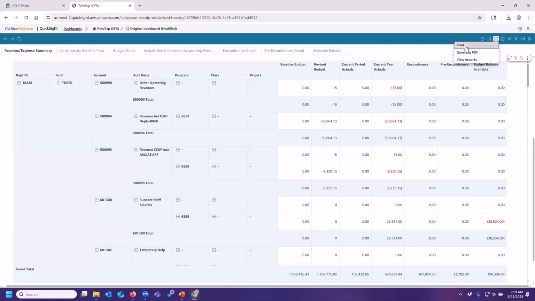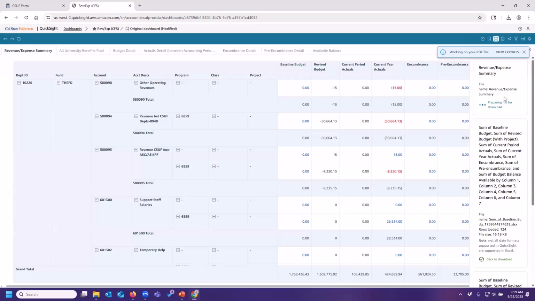So also under exports, you have the options to print and to generate a PDF. I'm going to show you the generate PDF one because that'll take a moment, and we'll click on view export so we can watch it go. For both print and generate PDF, I find they don't work well for the finance reports, particularly these, because it's only going to print or export a single page. And I don't think there is a single report on any of the finance reports that is just a single page. Some of the other dashboards you might find they're okay, but not for finance.